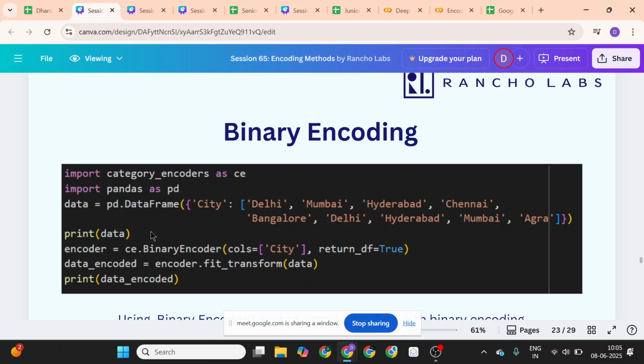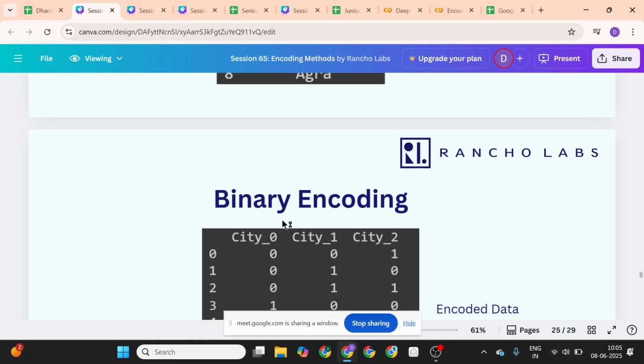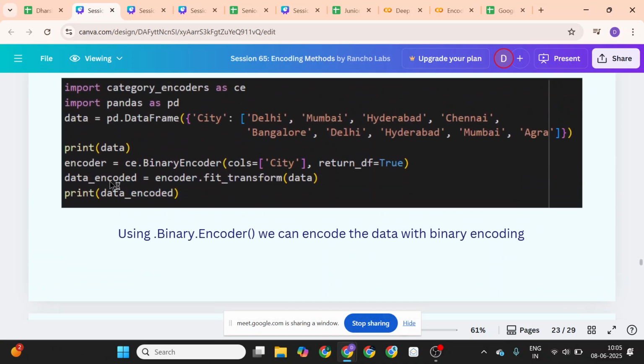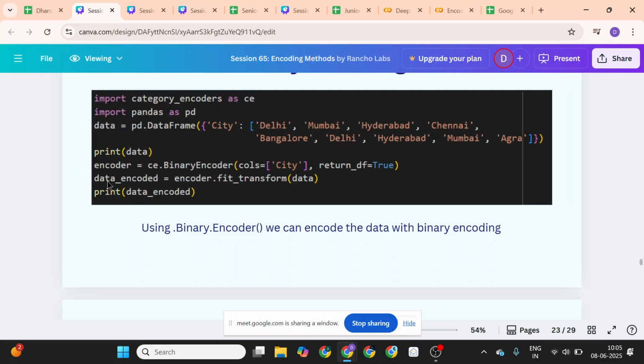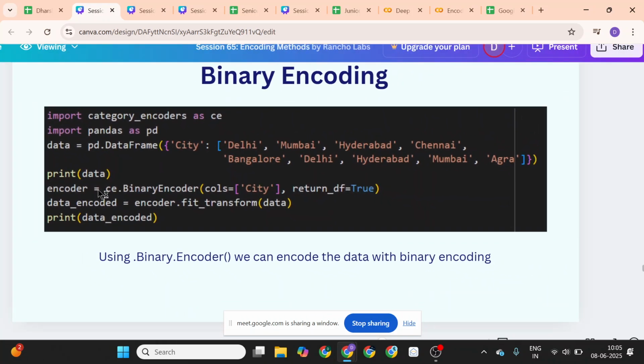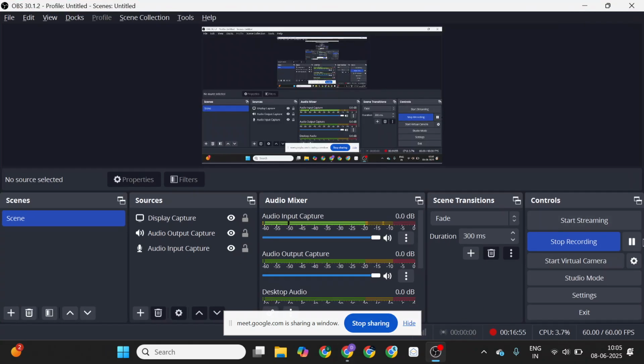That is, creating the data, applying the encoder, we will be using the binary encoder command. If you want, you can use return underscore df is equal to true, or else you can ignore this. Return df equal to true means it will just give the city part, like city underscore 0, city underscore 1, likewise it will display. That's all. And then data encoded is equal to, you will transform the data and print the encoded data. Okay. I hope you can make a note of this program now. If you have any doubts,